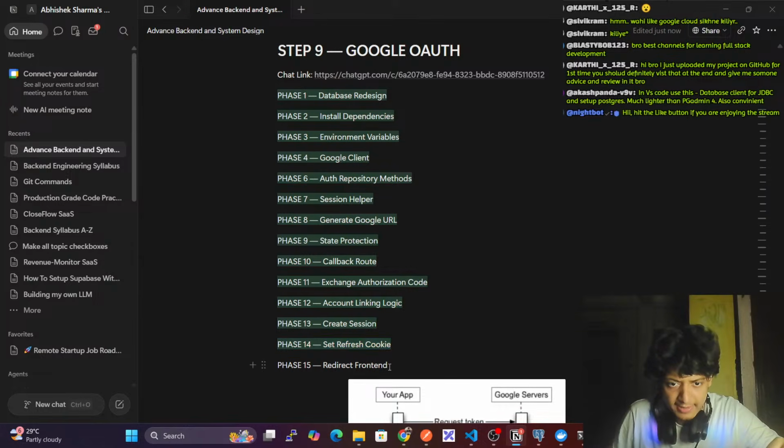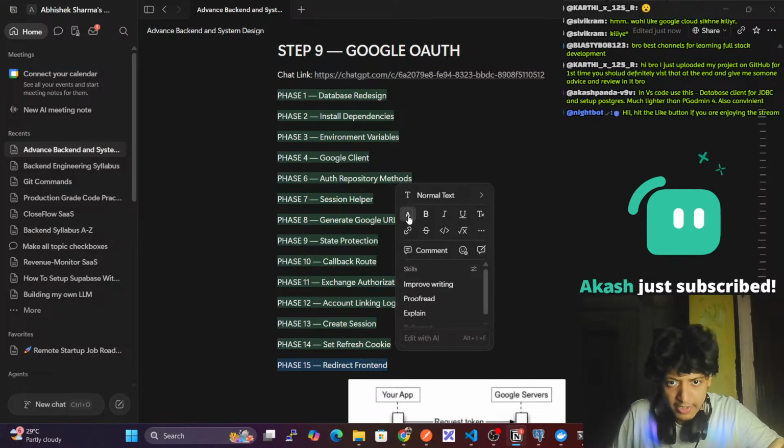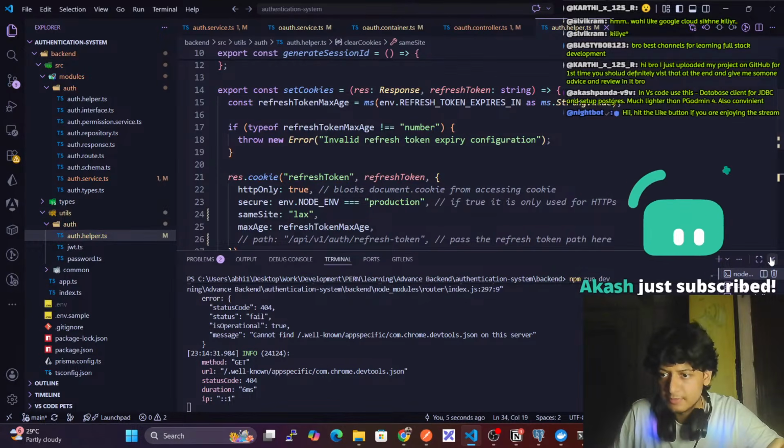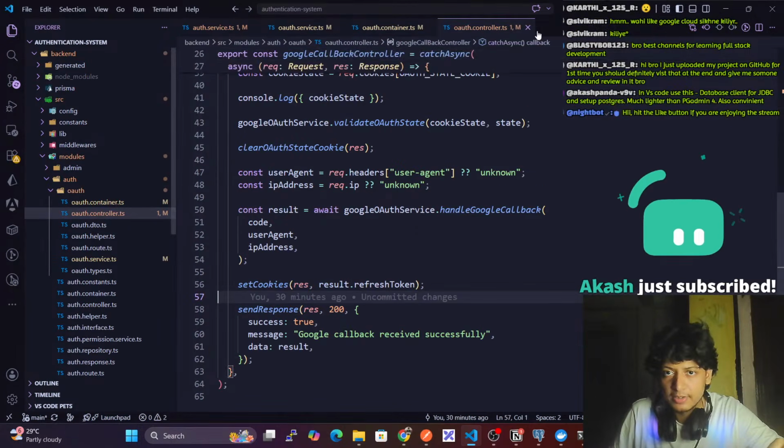Now we have to redirect. We have to create a redirect endpoint. Right. So before we do this, before we create the redirect endpoint,